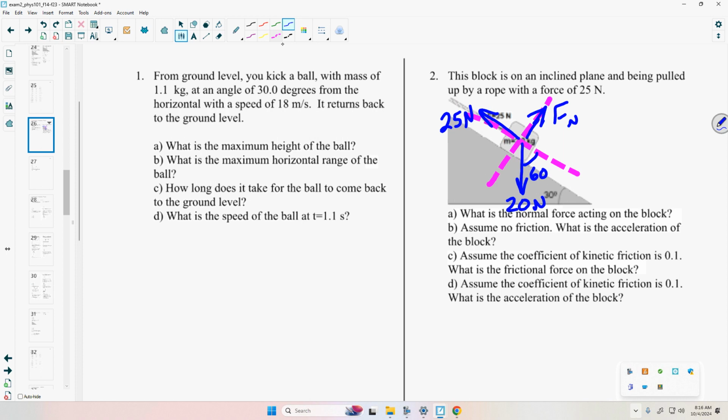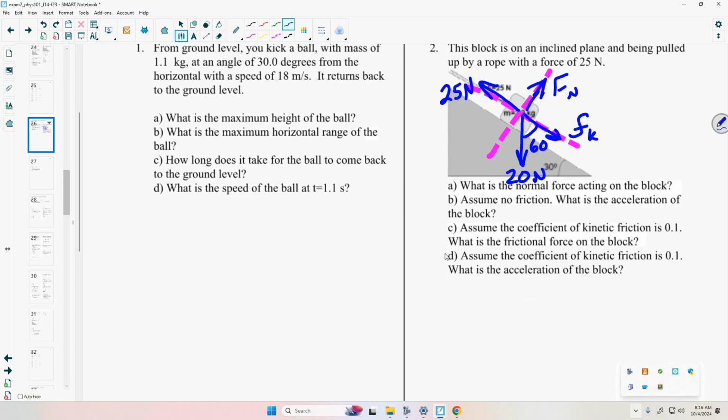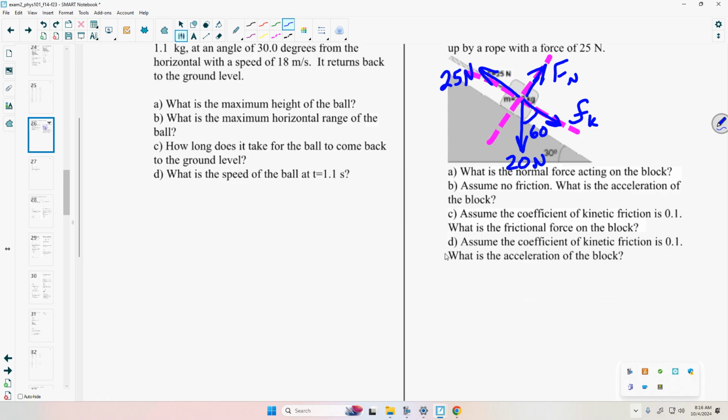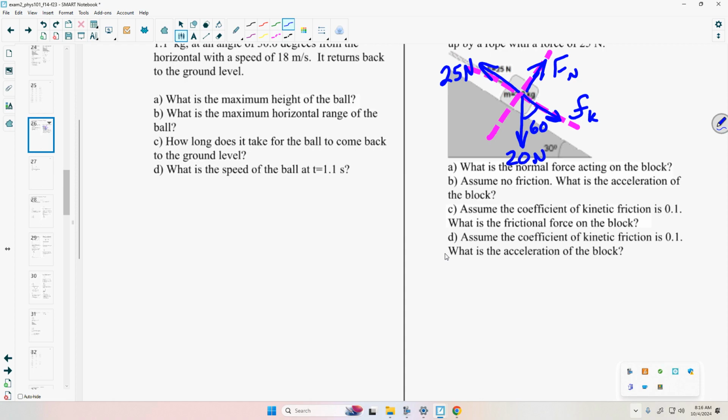And then, oh, I need to know my frictional force. So this object's being pulled up the inclined plane, so I need to determine the direction of the frictional force. That frictional force will be down the inclined plane, because I know it's accelerating up the inclined plane. Actually, part B, we'll just skip it. That assumes no friction, so it's going to be similar to part C and part B. So let's work part C and B. But first, I need to